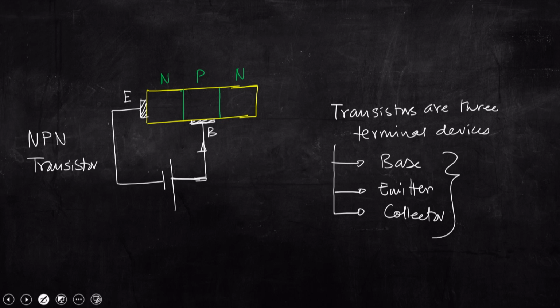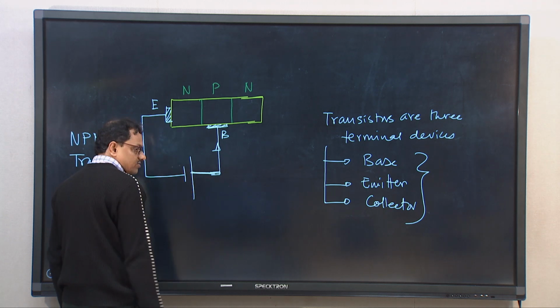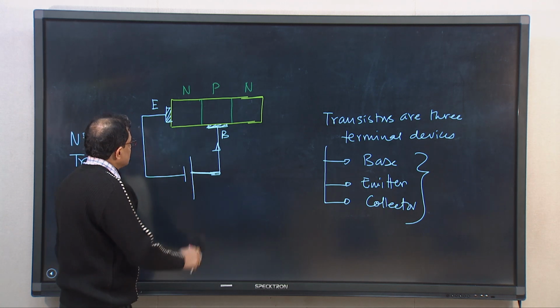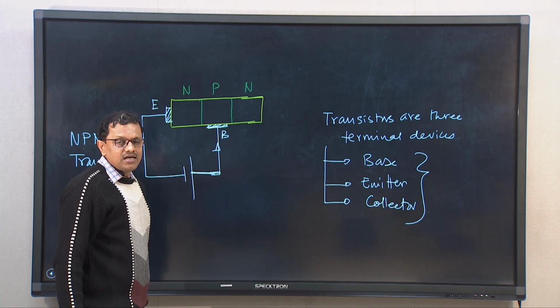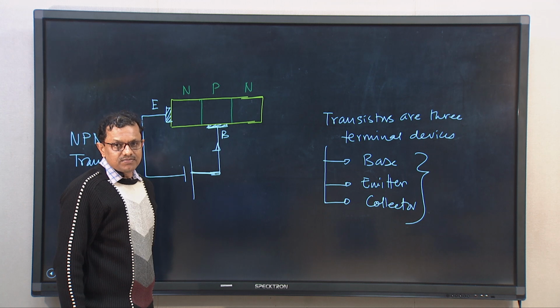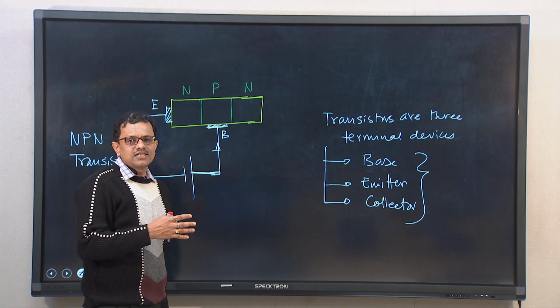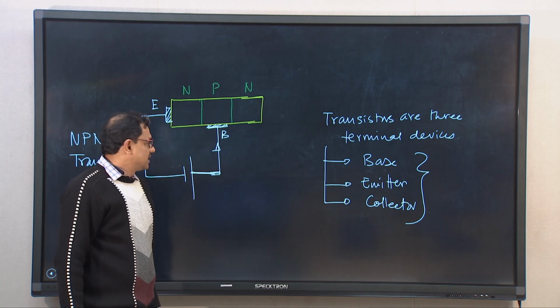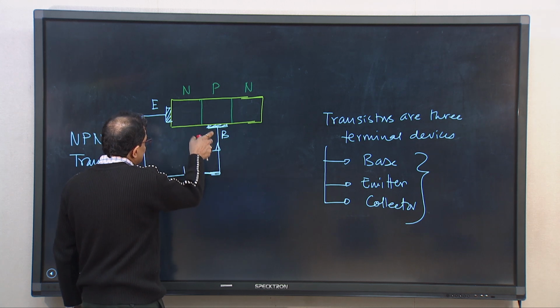Similarly, it is possible to have a PNP transistor. So, we have taken this example. Now, as I said, even if you have this circuit with an external power battery, this barrier will be developed until an equilibrium state is achieved. Until this equilibrium state is achieved, no barrier will be there, and migration of electrons and holes will be there. So, now the question is, when the barrier is developed, even if we connect these two, base